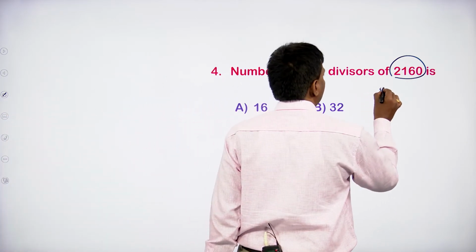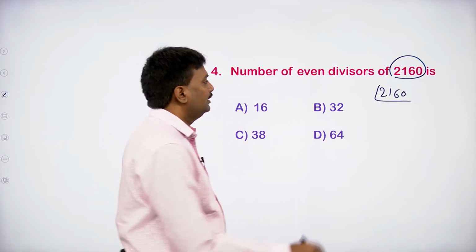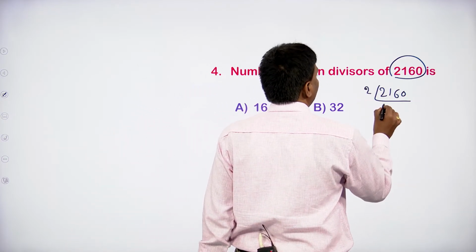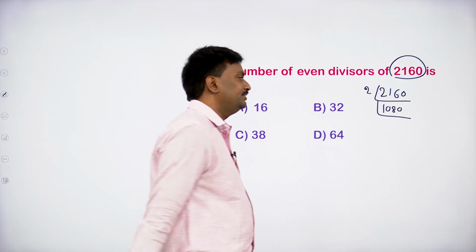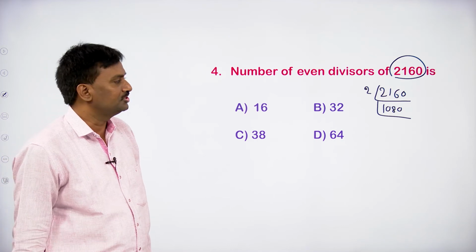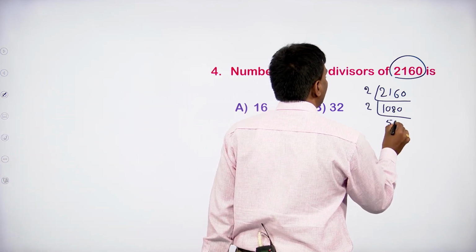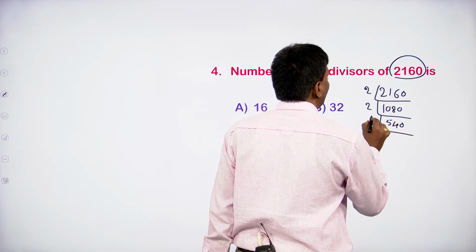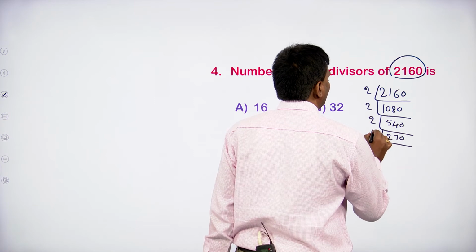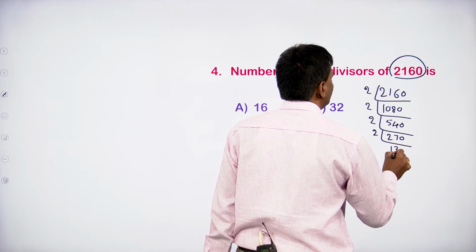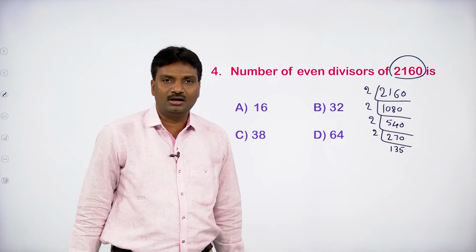Here also, first let us take the LCM of 2160. Here if we take 2, 2 ones are 2, 16 is there, so 0, 8, 0. So 1080. 2 fives are 10, 2 fours are 8, 0. Again by taking 2, 2 twos are 4, 2 sevens are 14, 0. Again by taking 2, 2 ones are 2, 2 threes are 6, 2 fives are 10. Next, 2 is not a factor of 135.